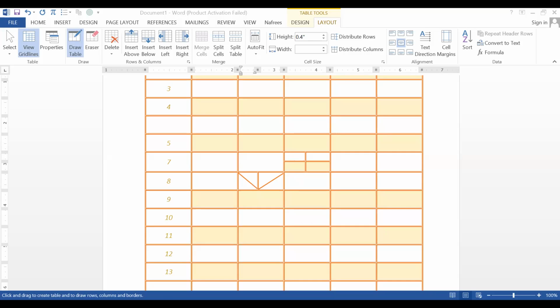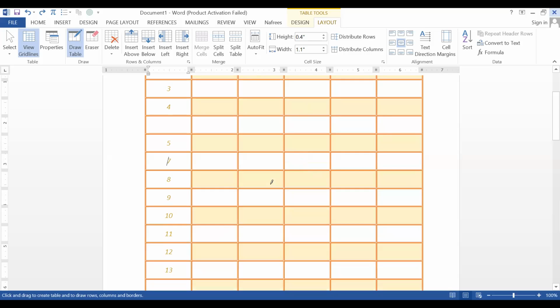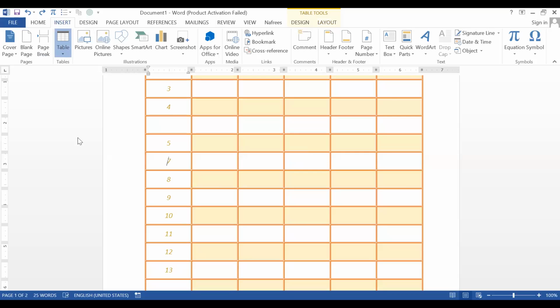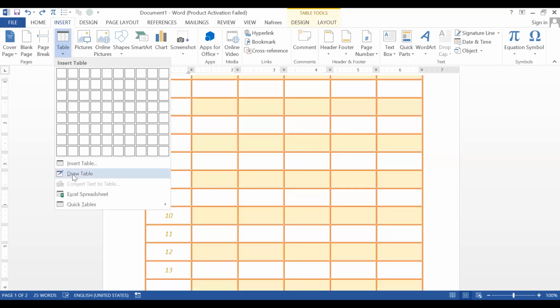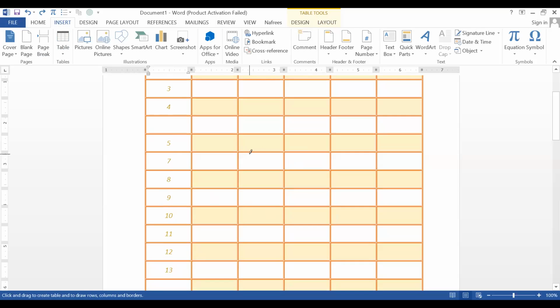Okay, the final one. The final one I'm talking about. So this table is already created. So if you want to create, for example, a table inside this cell, then we have an option. For that purpose, you can use this draw table option, or else go to insert. Here also you can find the draw table option. Okay. So select the draw table option and you can create it here.